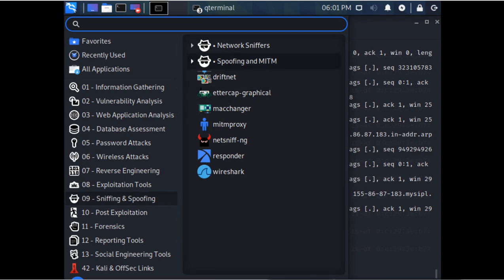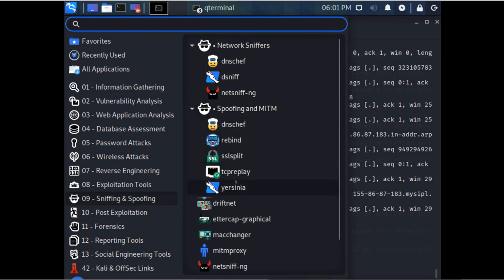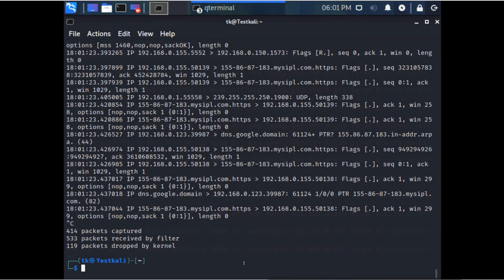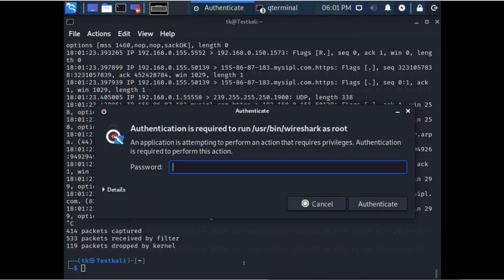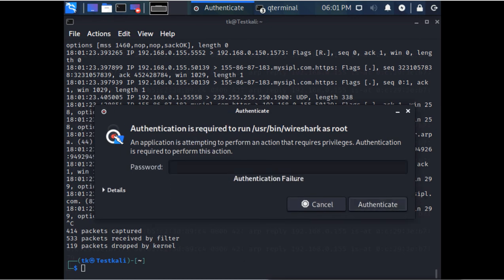We have network sniffer tools like these, Yersinia, also Ettercap, and also we have Wireshark. It also needs root permission.